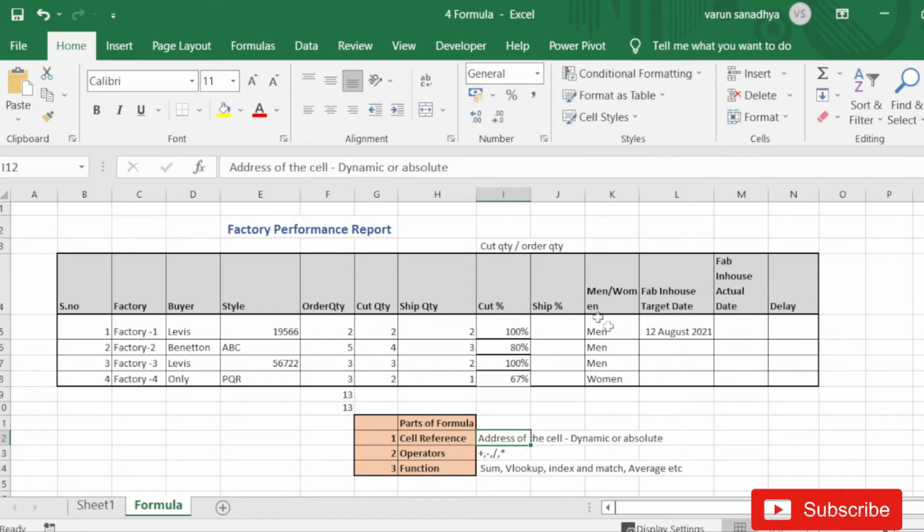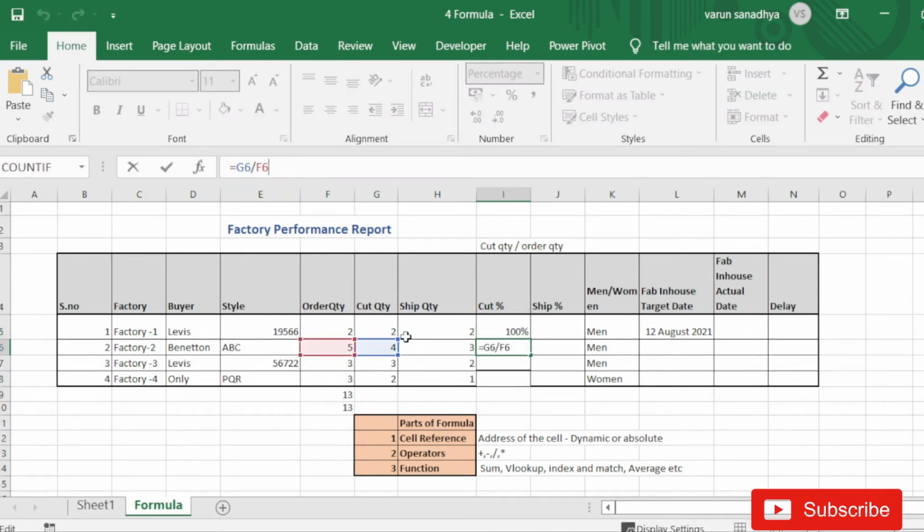Okay. Now here, if you remember, earlier what we did was we created a formula for the first row and we dragged it. As soon as I drag it to the next row, this changes. For the first row, it was referencing the fifth row, G5 and F5. For the second row, it is referencing G6 by F6. So it is very clear, if I increase the row number for the formula, the reference inside the formula is also changing. So this kind of referencing, cell reference, is called dynamic because this is changing based on the location